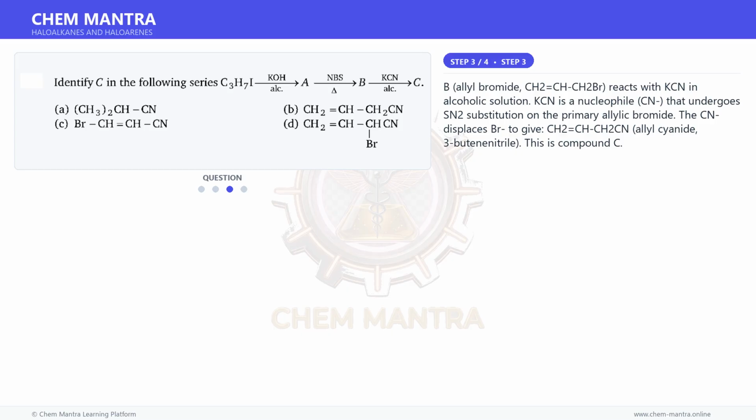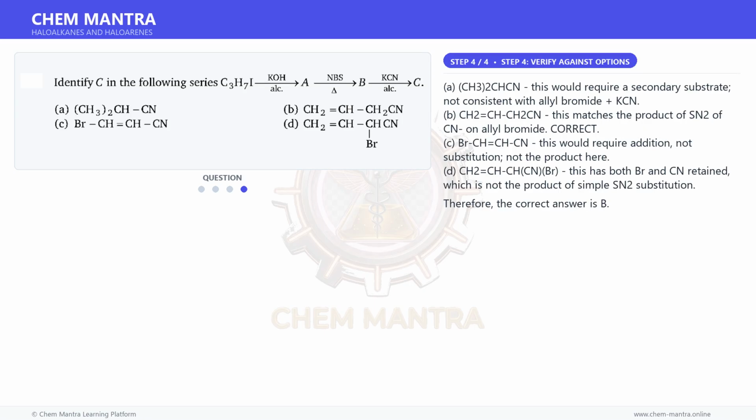Moving on to the next step. B, allyl bromide, CH2=CH-CH2Br, reacts with KCN in alcoholic solution. KCN is a nucleophile, CN-, that undergoes SN2 substitution on the primary allylic bromide. The CN displaces Br to give CH2=CH-CH2CN, allyl cyanide, 3-butenenitrile. This is compound C. And for the final step,